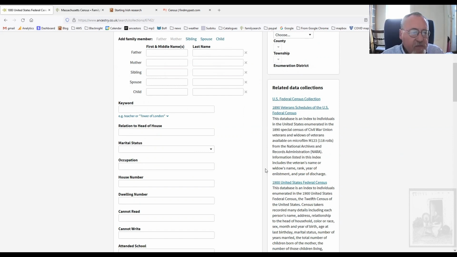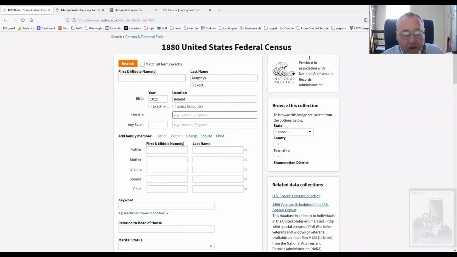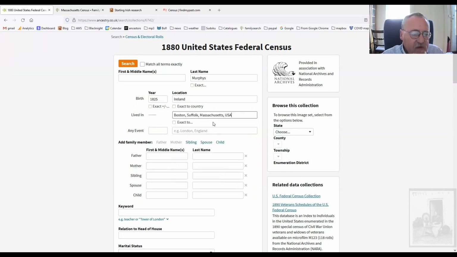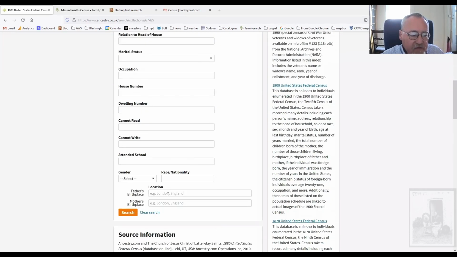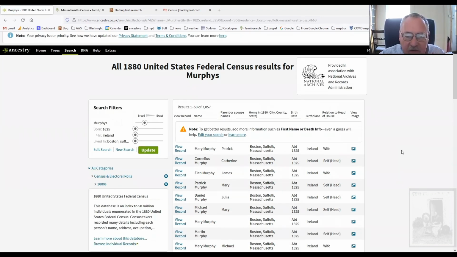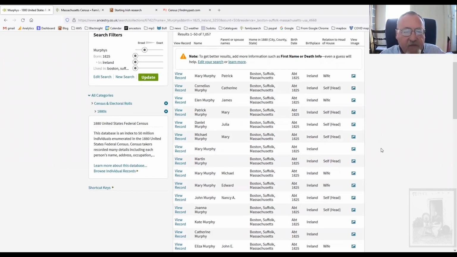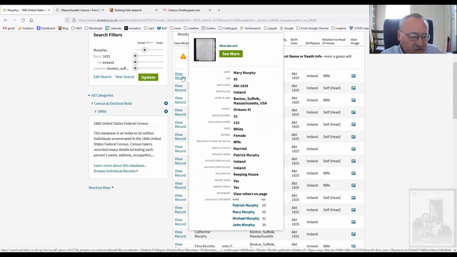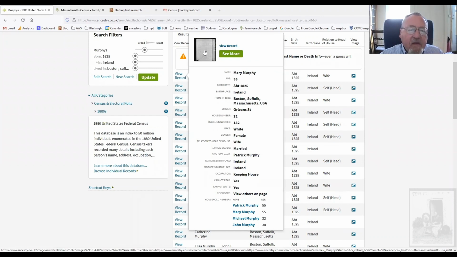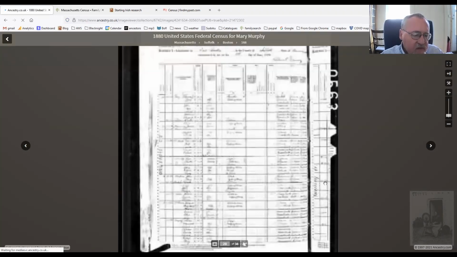Okay, where do they live? Let's put in Boston. Okay, Boston, Suffolk, Massachusetts, USA. And let's search. Okay. There are 7,057 Murphys in Boston in 1880. Surprisingly few. Okay, you can see, again, this is Ancestry standard. A mouse-over gives you a summary of the entire record, so you can go through them very quickly and scan. The records themselves, when you go in to look at them, are